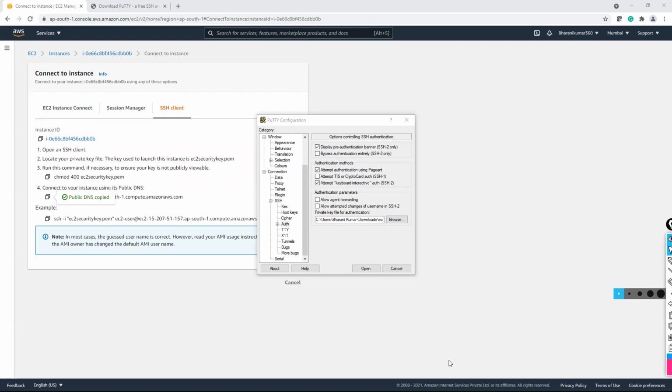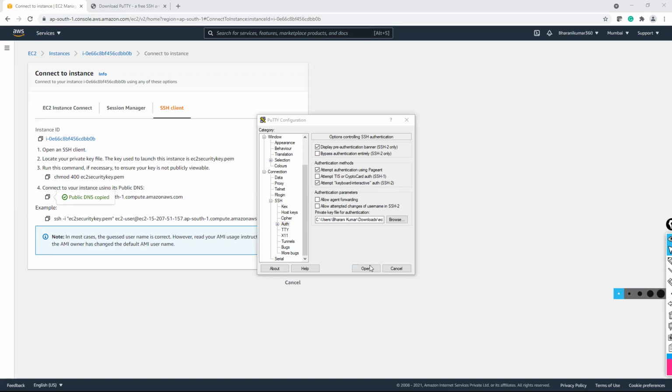Accept, or connect once. If you cancel, you abandon the connection, so go with connect once. Okay, done it. Login now. It's asking login as. Login as EC2-user. That is your username.